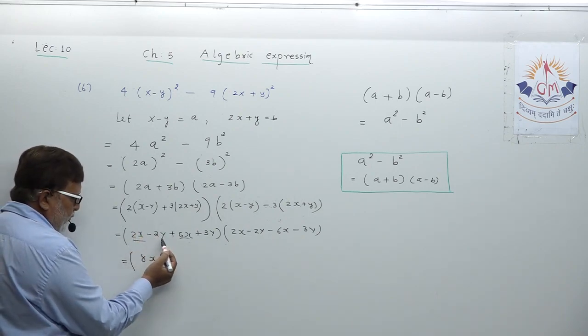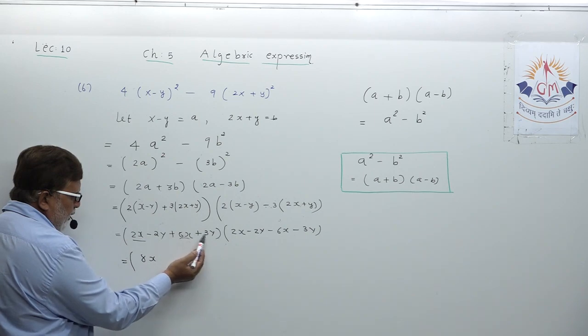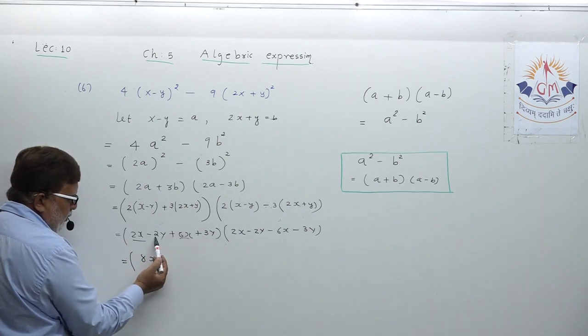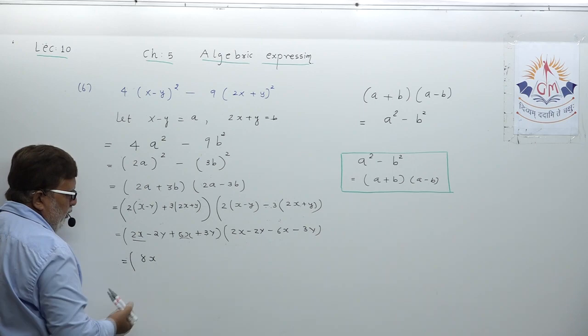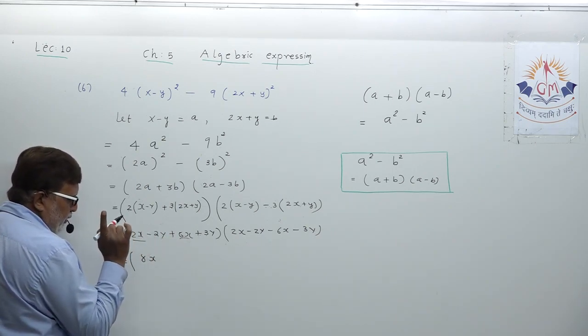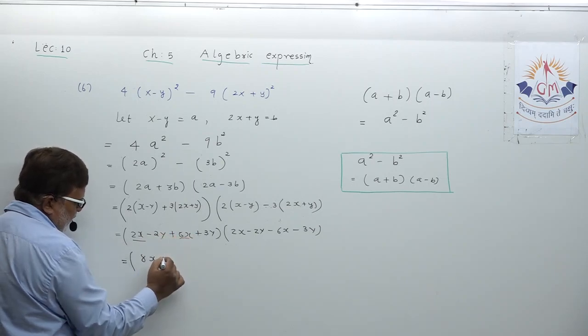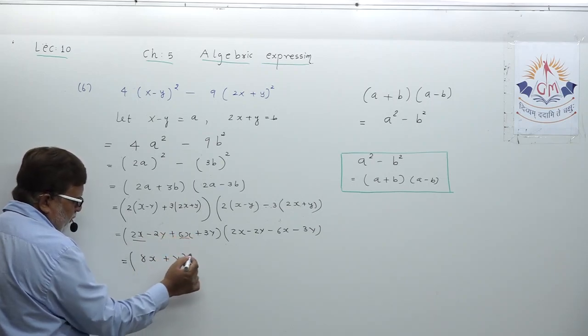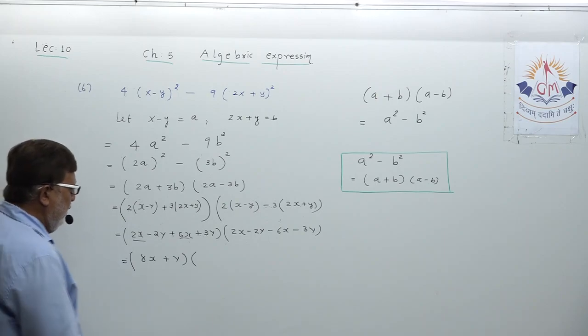Are they? Yes. Minus 2y plus 3y. Can you guess? Minus plus minus 3y minus 2y, that is 1y, sign of greater number, so plus y. 1 we don't write, okay. Here